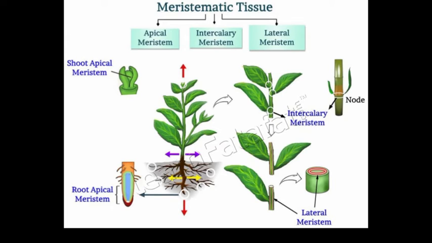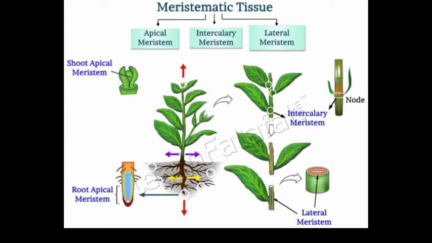So cells of the epidermis of leaves are not continuous at the same place due to the presence of small pores called stomata. Each stomata is guarded by a pair of bean-shaped cells called guard cells, and these are the only epidermal cells which possess chloroplast. The rest of the epidermal cells are colorless. So it is all about the features of epidermis, how it secretes cutin, and how they are working.